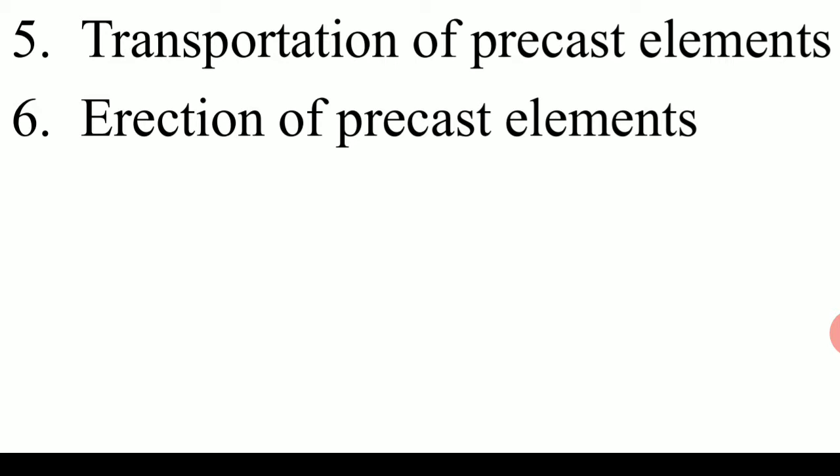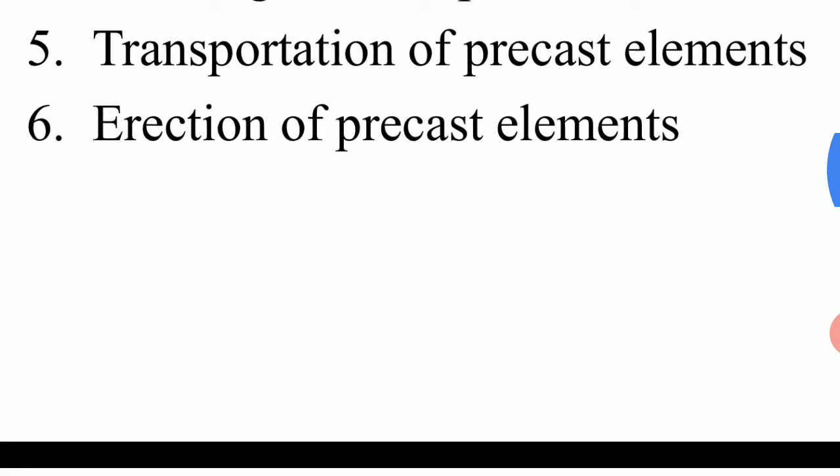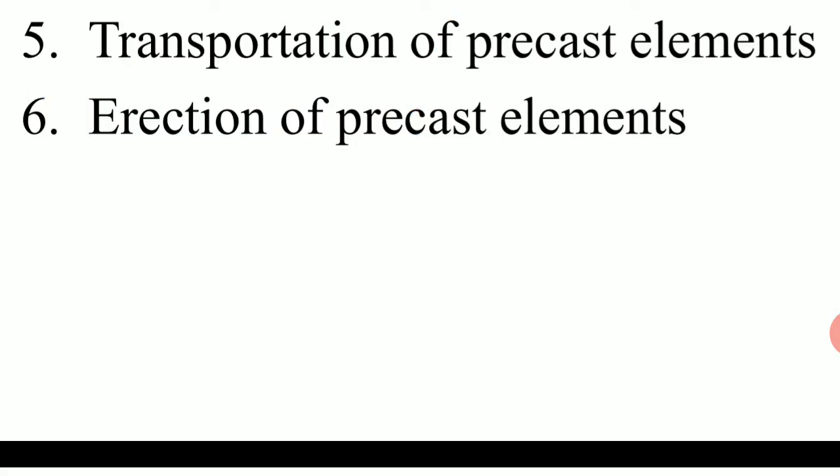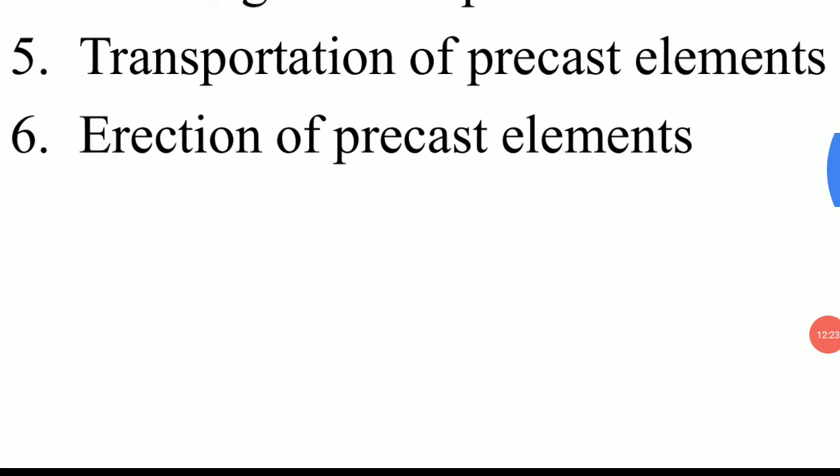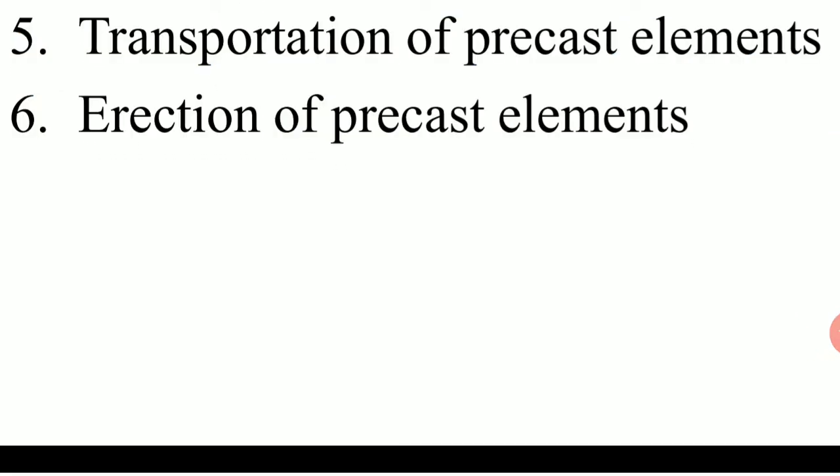So as per the design concepts, we will prefer the transportation vehicles to transfer the precast elements from the manufacturing site to the required location. And then the erection of precast element. After reaching the required location, we need to erect those elements at the proper places, and we need to install those, right? So again, we will prefer certain erecting equipment such as cranes, so that by using those erection equipments, we can place that one at the required location.